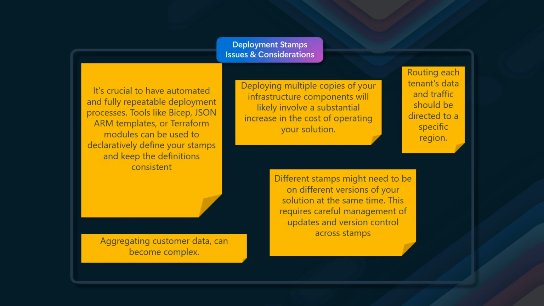When implementing the deployment stamp pattern, several issues and considerations need to be addressed to ensure a successful deployment. It's crucial to have automated and fully repeatable deployment processes. Tools like Bicep, ARM templates, or Terraform modules can be used to clearly define your stamps and keep the definitions consistent across stamp operations. When your solution is deployed across multiple stamps, operations that span multiple stamps, such as aggregating